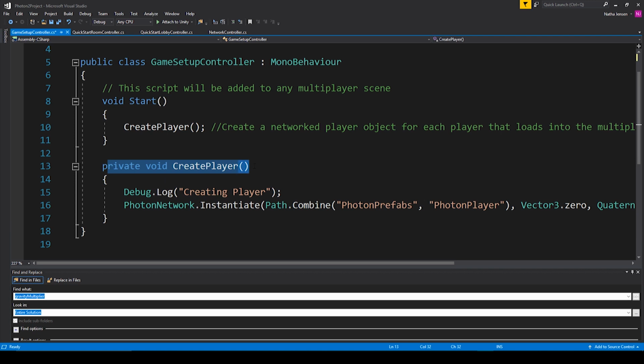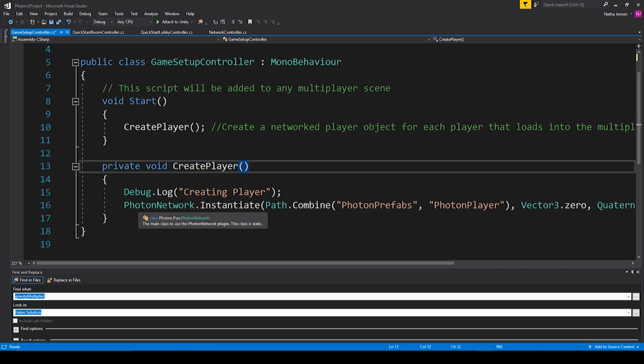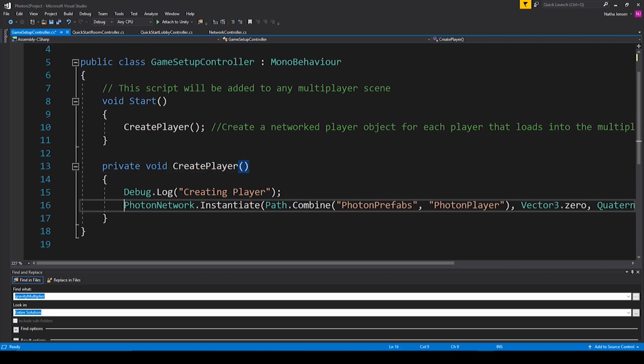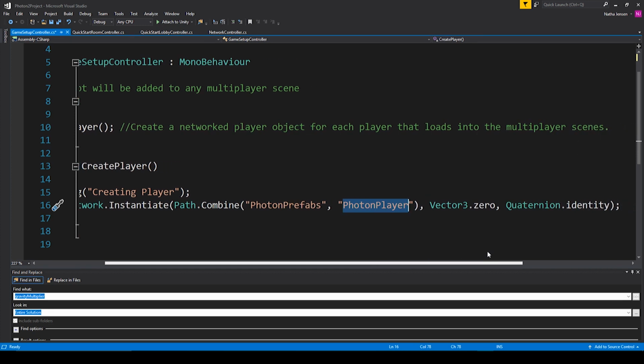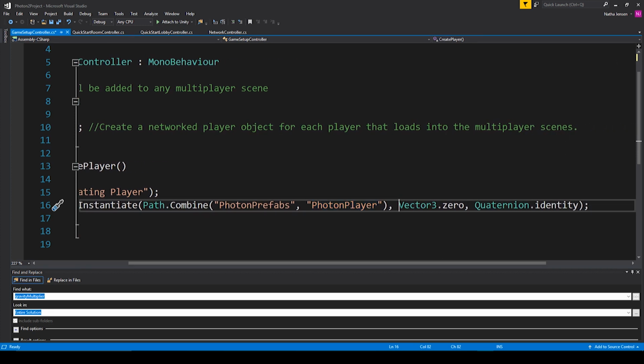Inside this function, we just need to instantiate a networked object for each player. So I'm calling PhotonNetwork.Instantiate. We then need to pass in the string location for the prefab that we want to instantiate. To do this, I'm calling Path.Combine, and I'm passing in two strings. The first is PhotonPrefabs, and the second is PhotonPlayer. We then need to specify the position of this object, which is just going to be Vector3.zero. We then need to specify the rotation, so I have Quaternion.identity, and after this we can save the script and